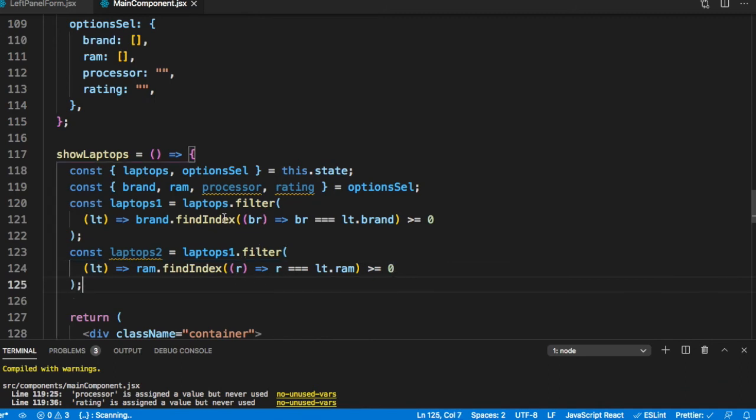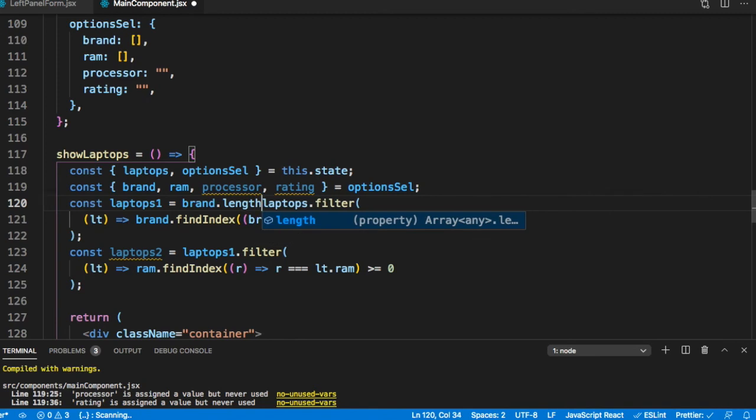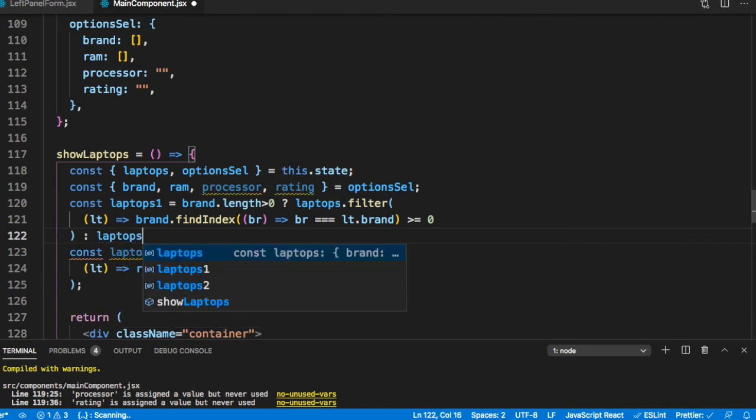Now there is a condition here. If these arrays are empty, then we don't need to filter. So we can just say brand.length greater than 0. If the length is greater than 0, then we need to do this filtration. Otherwise, it should be equal to laptops.